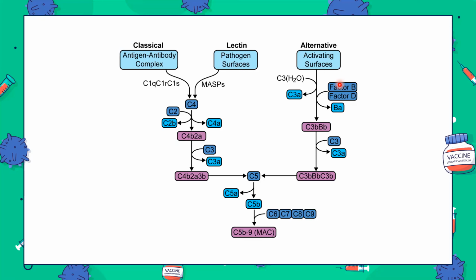It finds factor B, but factor B does not fit in with our C3b. So factor D will cleave it into factor Ba and factor Bb. Factor Bb will bind to C3b, giving me C3bBb. Factor P will stabilize this complex, and it will be known as